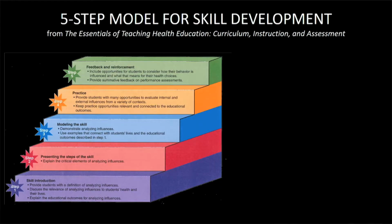The idea is that learners have to have more support in the beginning. They have to see what something looks like. They have to see it in action. They have to have the benefit of modeling some of that thinking aloud of steps and process. And then they have to have some guided practice. And then as the support fades away, they try it out. They're still getting feedback, but the support is more remote until finally they can do it alone. That is basically the gradual release of responsibility model, and that's also the same type of thinking that you see